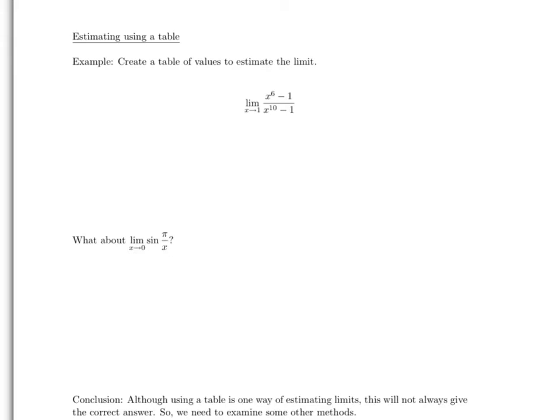So the idea is that we start with our function, which in this case is x to the 6th minus 1 over x to the 10th minus 1, and we create a table of values. We're going to take x values, and then we're also going to get values back for x to the 6th minus 1 divided by x to the 10th minus 1. So the first thing we want to do is plug in these values. We're going to plug in a couple of numbers slightly bigger than 1, so maybe 1.001,